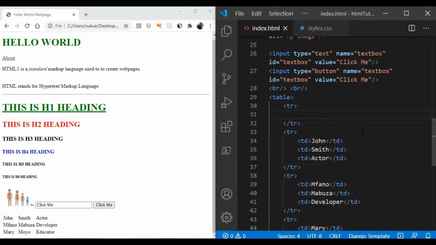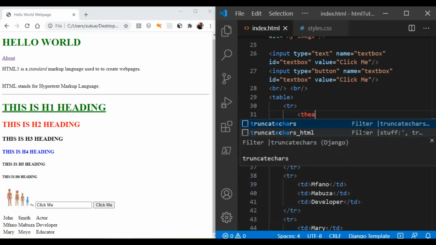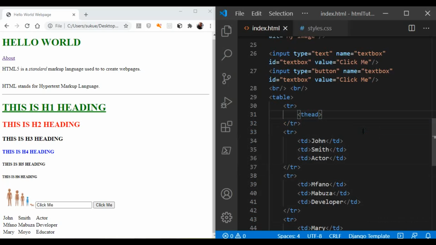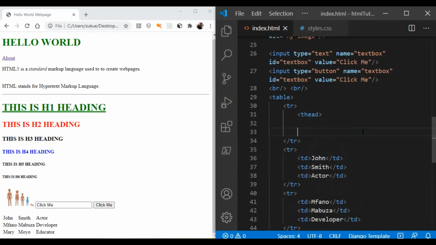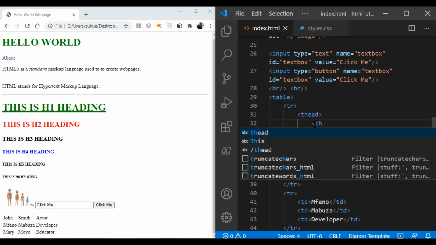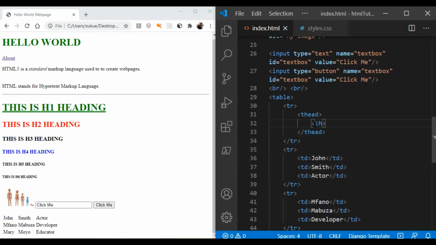And then I'm also going to use the t-head tag, standing for table header. And then in my t-head tag, I'm going to use the th tag and write the content